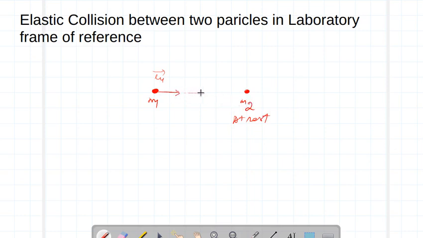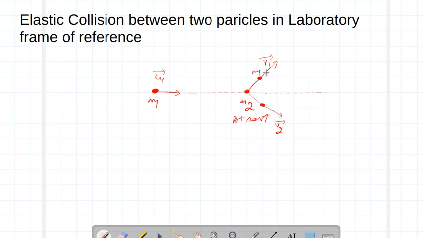But when these particles collide with each other, this is the direction of motion of the incident particle before collision. But after collision, this first particle having mass m1 starts moving towards this direction. Say it is m1 and it starts moving with the velocity v1, and similarly the second particle, the particle which is at rest, starts moving with velocity v2 along this direction, and say